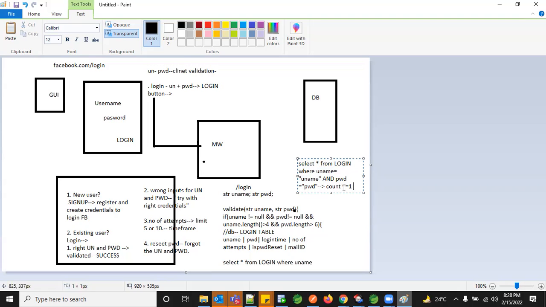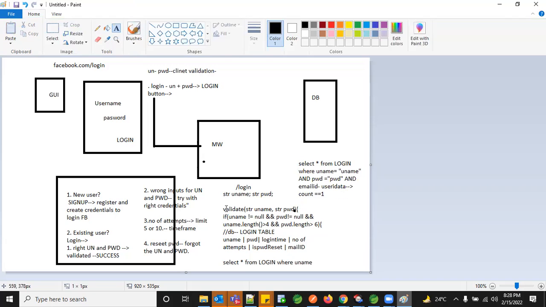But if I don't have the count as 1, or if I have more than one count with a similar name, or these kind of things, then I have to add one more additional check. After giving the username and password, I need to also evaluate something called email ID, taking it from the user input data. So this is not like I do every time. Only if there is any common conflict, like they have duplications, then I can validate with some other column name to avoid that duplicacy. So finally, I need to get the count. If my count is 1, I can allow that particular user and return the value as true.